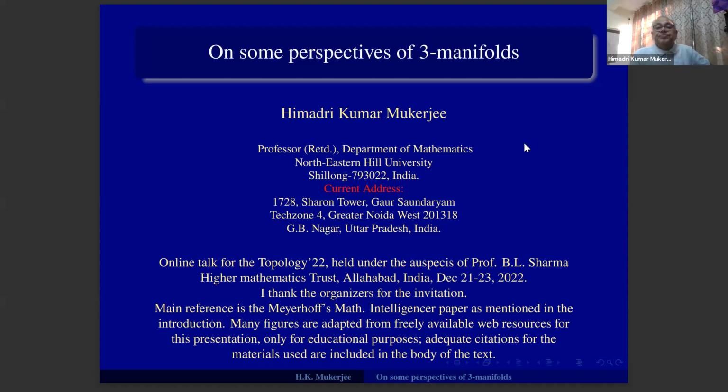Ashish has given a very comprehensive account of topology and geometry of three manifolds. My purpose is different. I am not going into the complete details of those results, but my